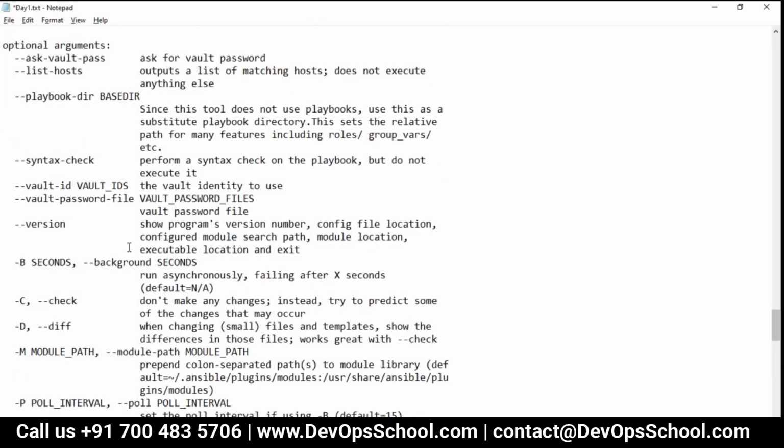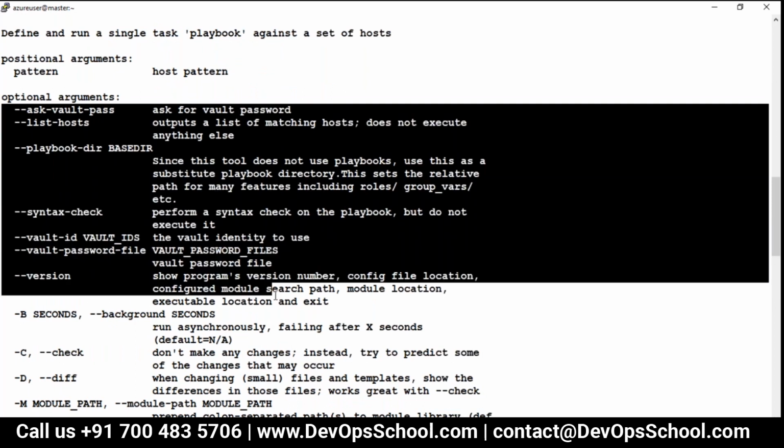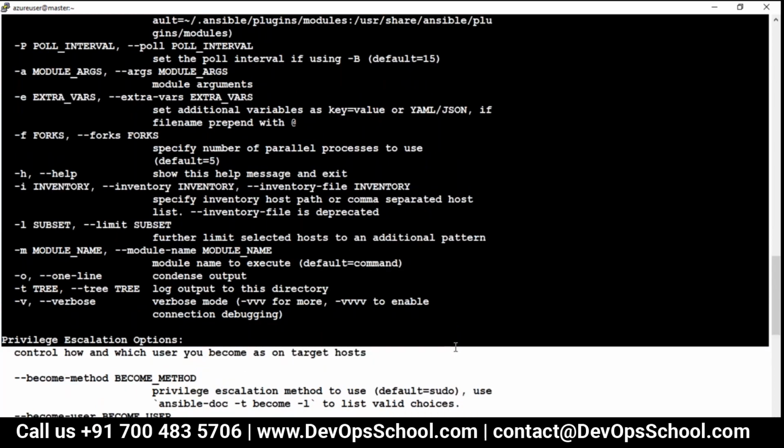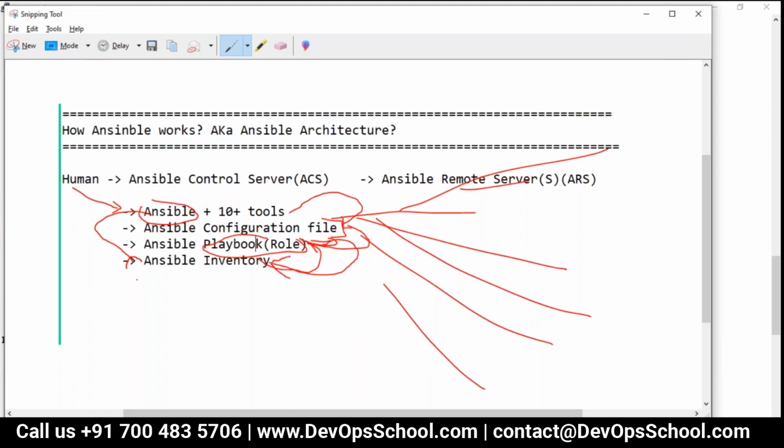So tell me one thing, all of you. Here we have options. The first thing I said is a very simple way: Hey Ansible, take this inventory where you want to run and run this playbook. That's all, three things. Here the playbook will become a module. The inventory becomes localhost for me.